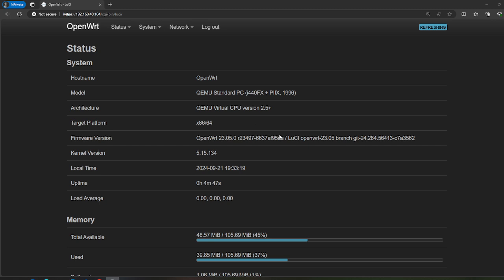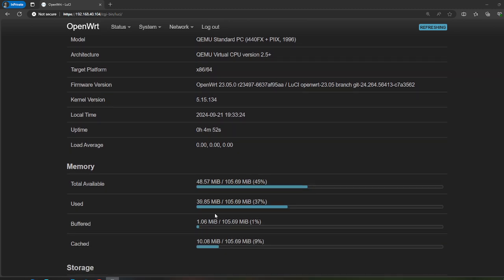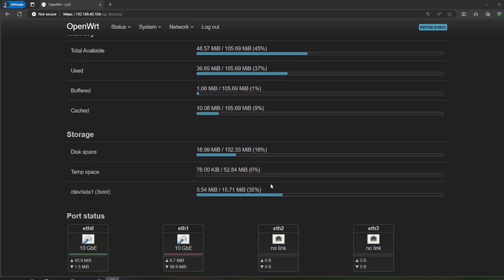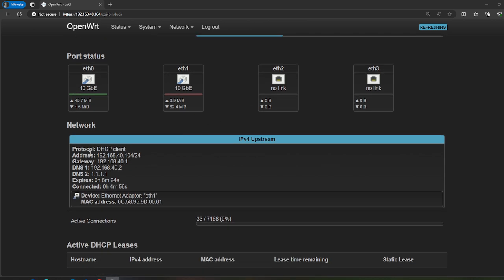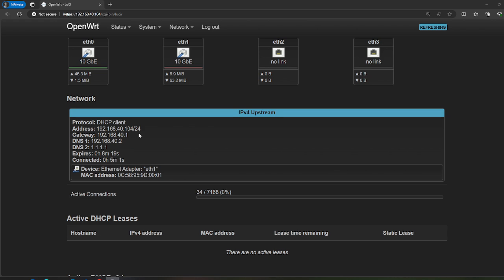So the status page, like most status pages, just gives you a little high-level overview: how much RAM it's using, and all this, and then what your port status is. For example, I have this hooked up on my house network, so it's seeing that this has a 10 gig link in it, and the other one's down. But it gives you a little bit of information about, okay, well, I'm getting an IP address from a DHCP